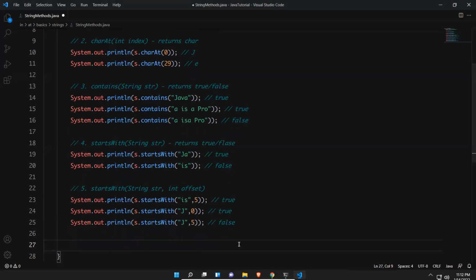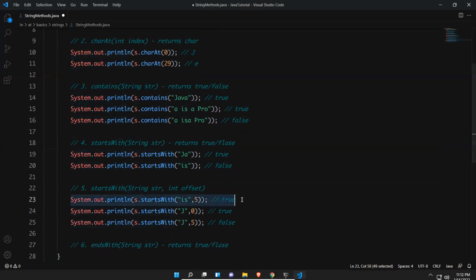Okay, so let me take the sixth method. The same way you have startsWith, you have endsWith. Same string, and returns true or false.